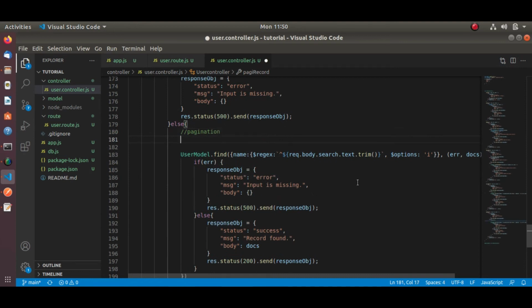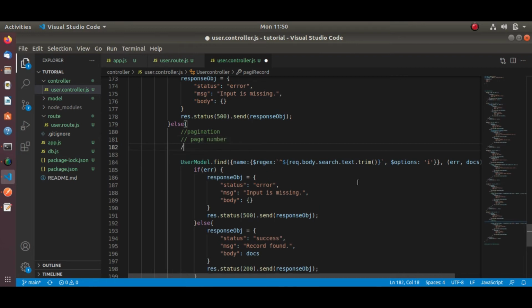For pagination, what we need from the user are the page number and how many records the user needs to display on the page. These two parameters we need from the user end or UI.